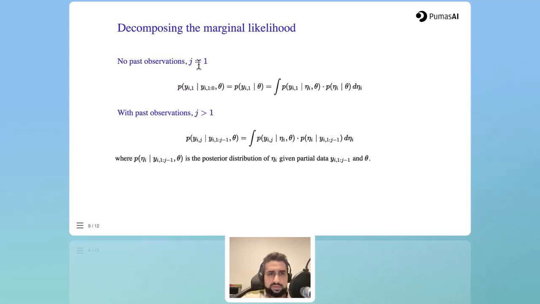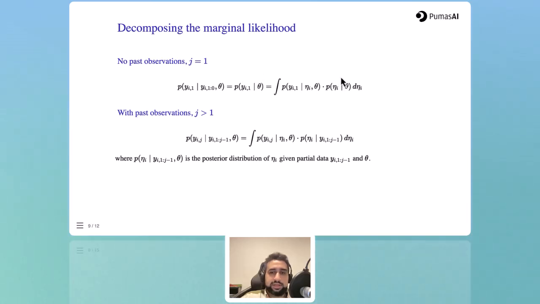Now, let's consider the case again where j equals 1. This is just an unrolling of that. When j equals 1, it's the probability of the first observation having seen nothing. So this is the case where we've seen nothing at all, so 1 to 0 is just null. Then it's just the probability of the first observation given theta, and then we bring in the random effects and integrate them out. We still need to marginalize the random effects, but intuitively you can think of it just as the probability of the first observation